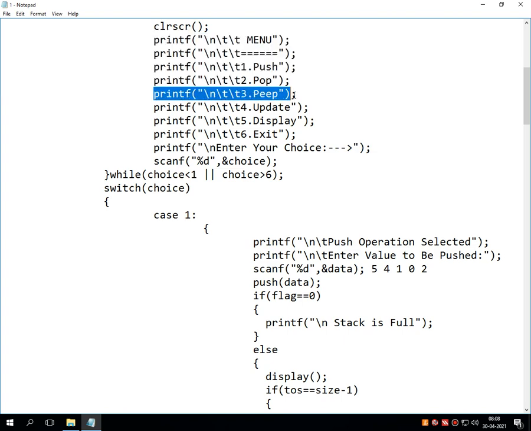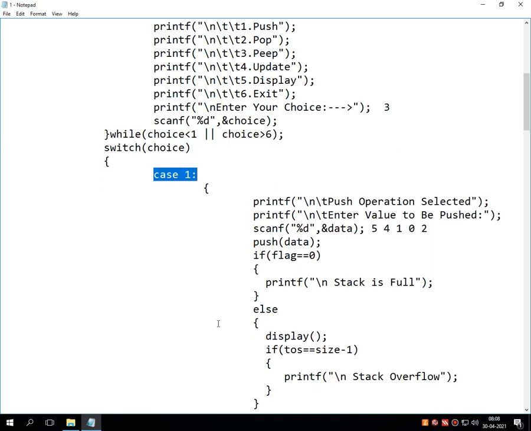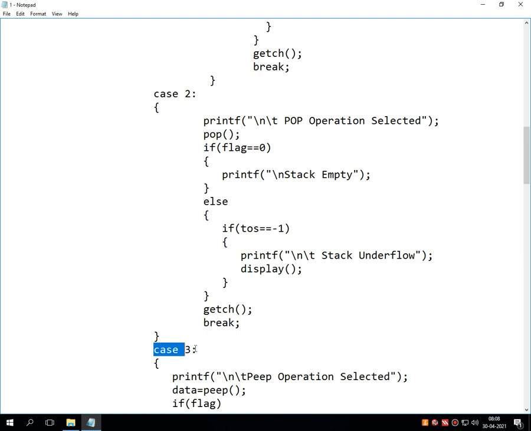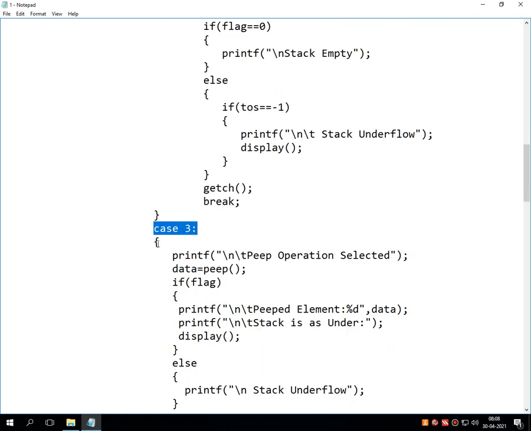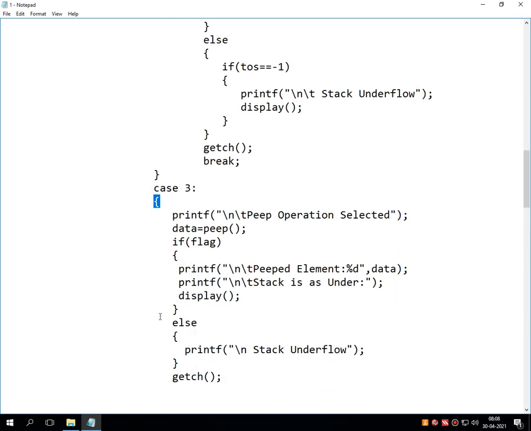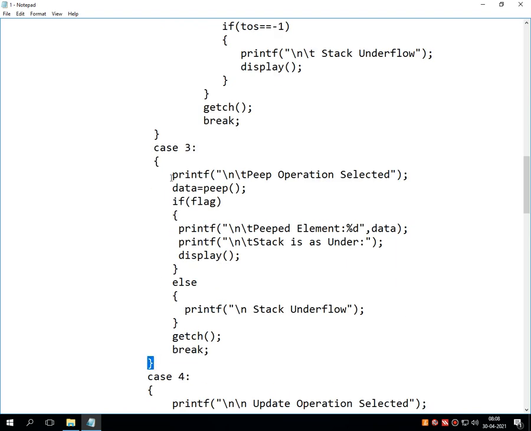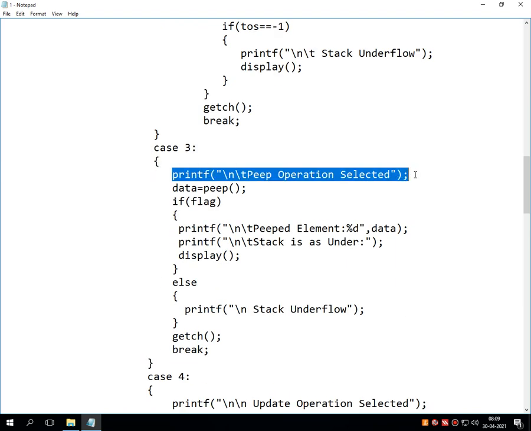Now from the menu I have selected choice number 3. So as per the selection of choice, case number 3 is selected from the switch statement. As indicated in this case, first it will print onto the screen that peep operation is selected. That means it indicates to the user that you have selected a peep operation. Then there is a function call.